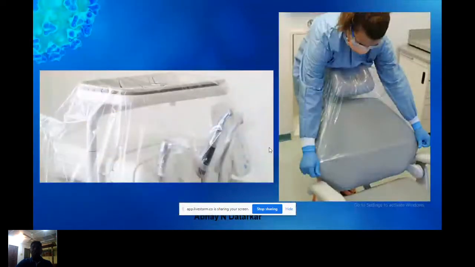And you can use the clean sheets I have mentioned, and cover the complete area with the help of those clean sheets. Basically they come in a roll, and you can just cut them and discard them after every use, or maybe at the end of the day. So depending upon what kind of practice you are doing,